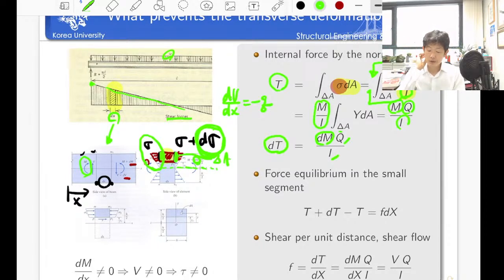So now let's look at the force equilibrium for this small body here. On the left hand side, I have the internal force T. And on the right hand side, I have internal force T plus the change of internal force dT. And then if you look at this, it is cancelled, isn't it? So I have non-zero dT. The force equilibrium cannot be satisfied. Okay, let me explain what happened here